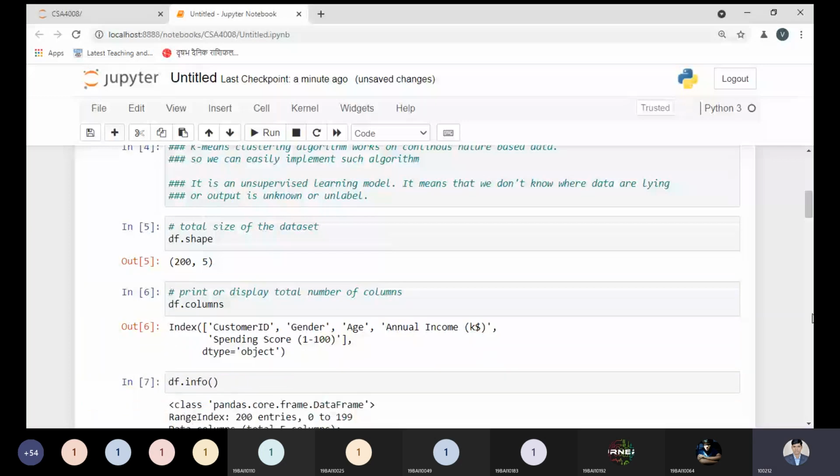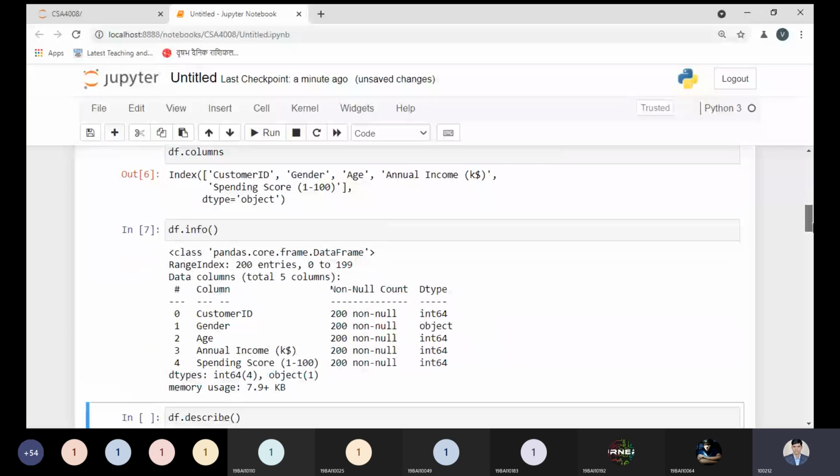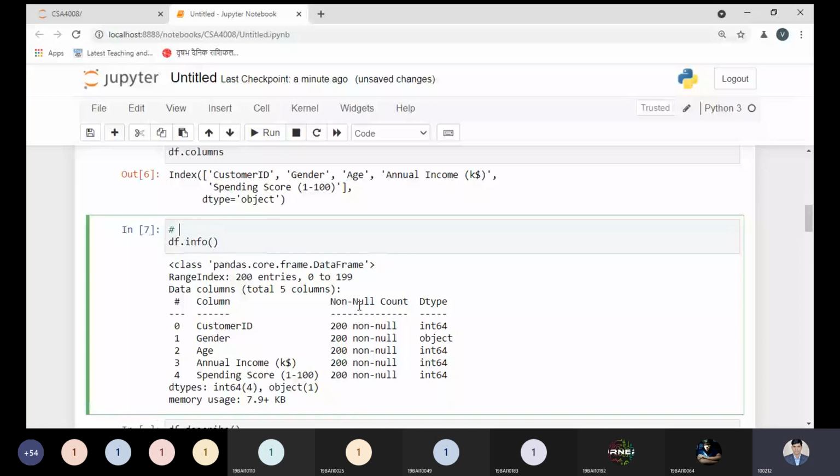The info method shows us the data frame: whether values are null or non-null, and the total number of rows held by each column. The info method gives us the complete details of the data frame.